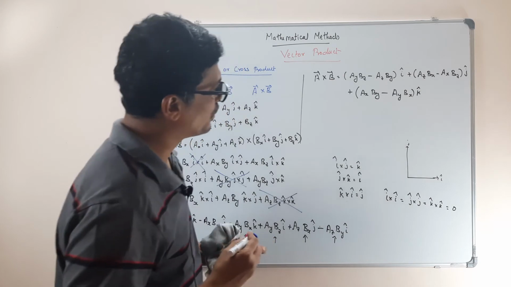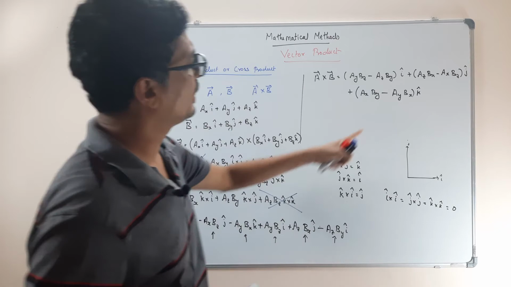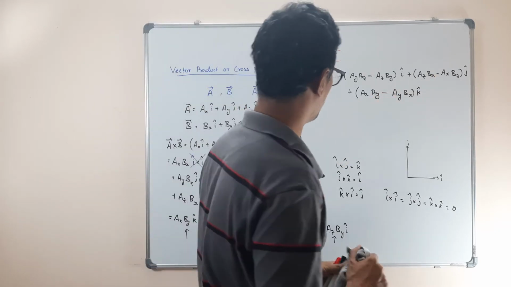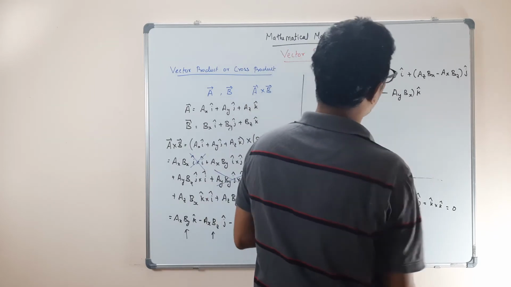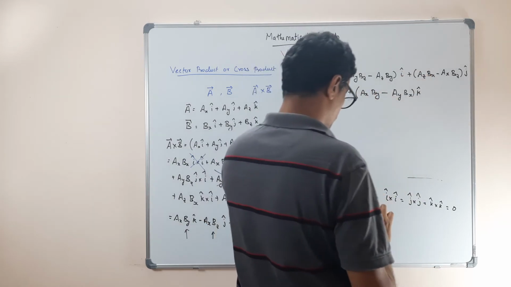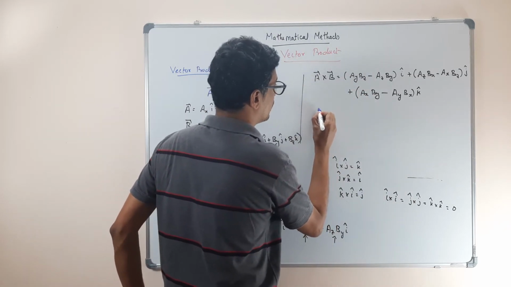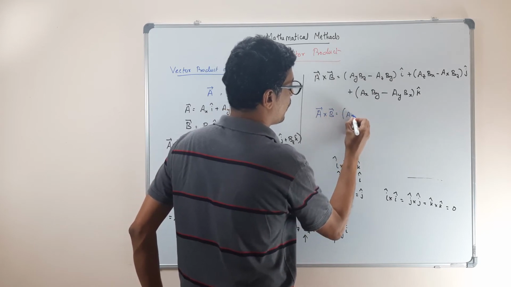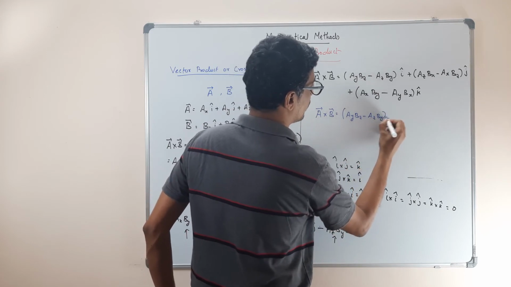So now, I can do a little bit of jugglery. What am I going to do? I will take this minus commonly outside, the second term. You will see why I am doing it. If I take minus commonly outside here, what will it become? Let me write it down. The final expression, I am going to write in a different color, because the vector will be AYBZ minus AZBY of i cap